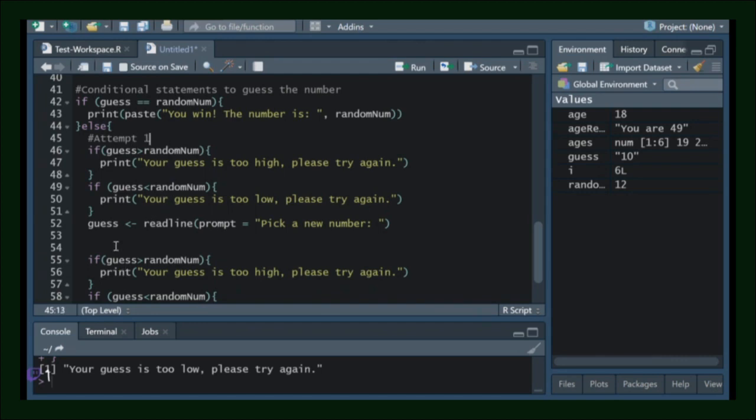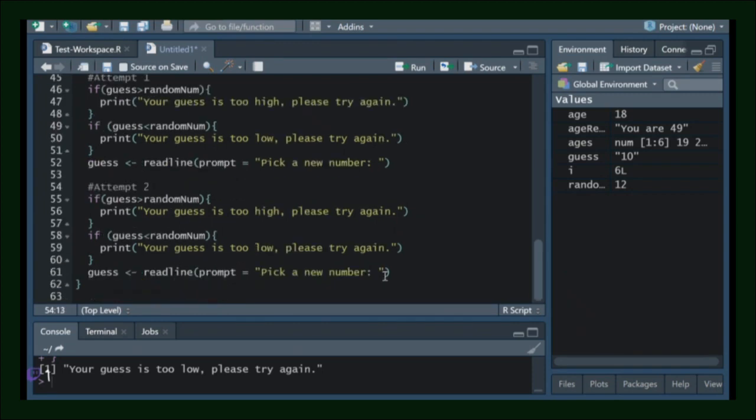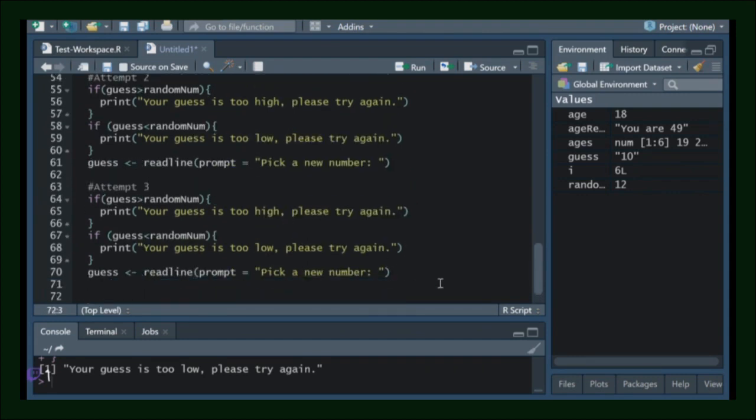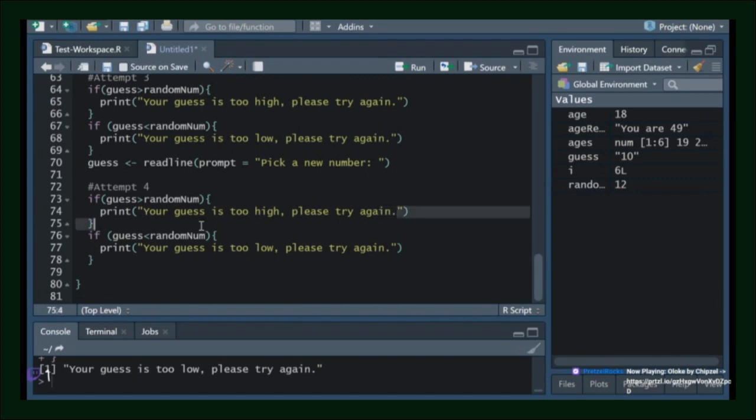Attempt 1. Attempt 2. Attempt 3. And then let's do attempt 4. And then, let's see, how is the last one? 1, 2, 3. Okay, so in the last instance, instead of your number is too high or too low, we will either say, so we are basically going to say,